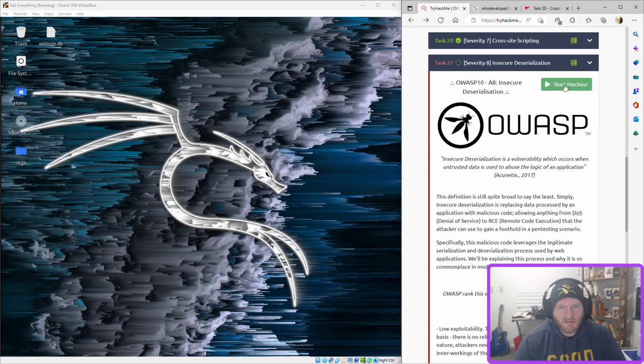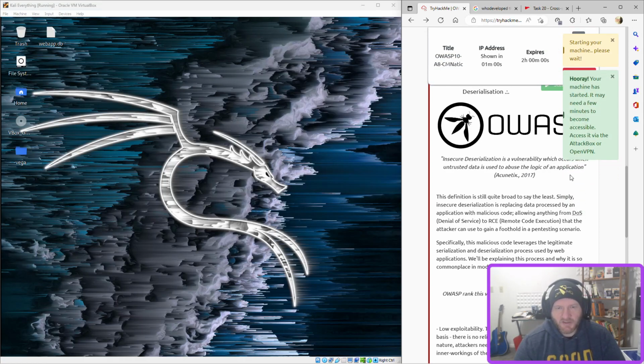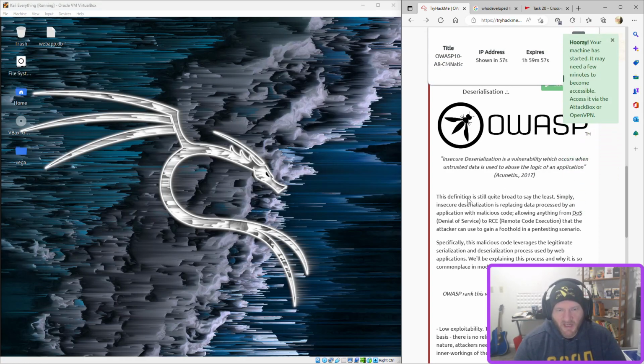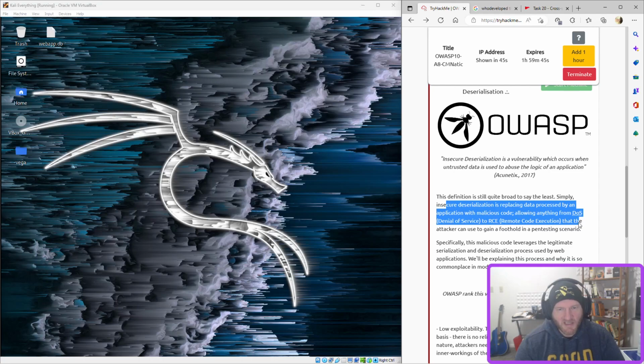Insecure deserialization is a vulnerability which occurs when untrusted data is used to abuse the logic of an application. That's a quote from Acunetix in 2017. This definition is still quite broad, to say the least. Simply, insecure deserialization is replacing data processed by an application with malicious code, allowing anything from denial of service